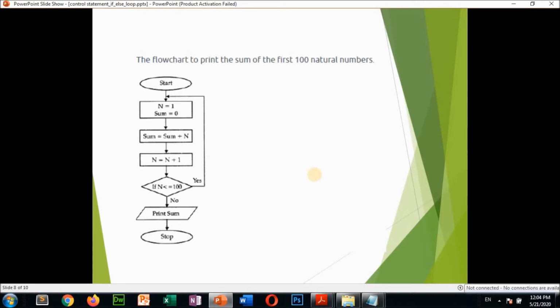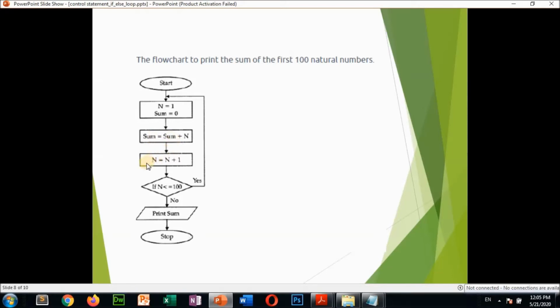Here also this flowchart is going to show you the sum of the first 100 natural numbers. Suppose n is equal to 1, and the sum of 100 natural numbers is going to be displayed. This is start, and already you know this is the processing statement, assigning your value. Here you assign n as 1 and sum with the initial value 0. Sum is equal to sum plus n. The value of sum was 0, now 0 plus 1, so the value of sum is 1 now.